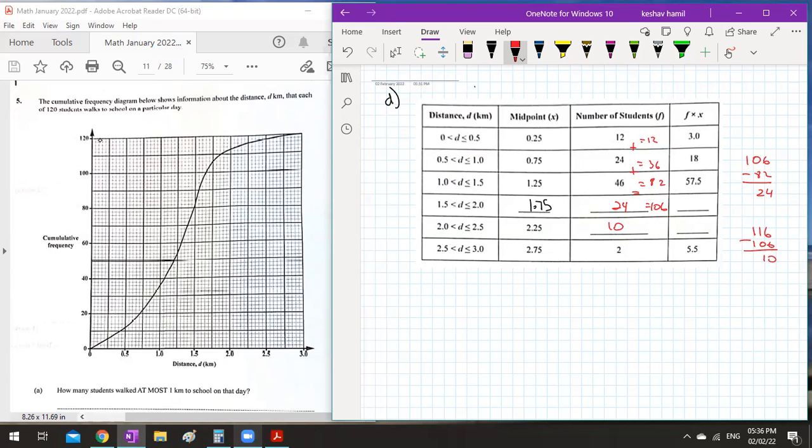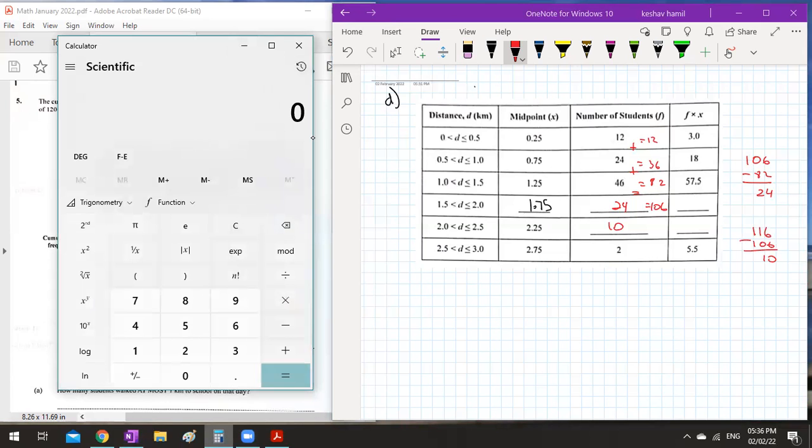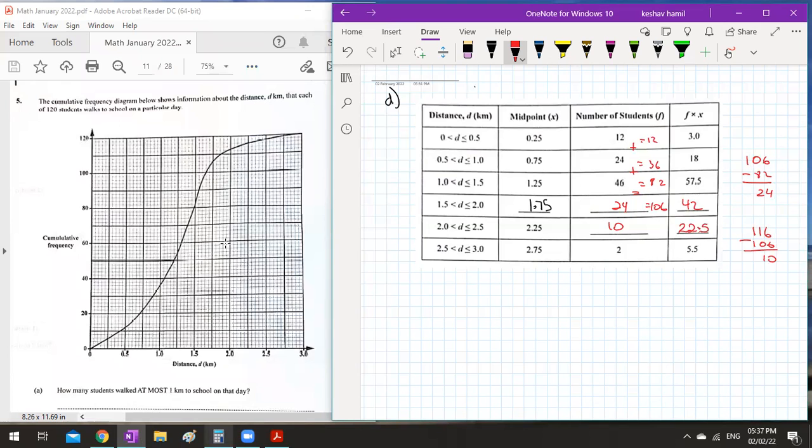Now, to finish the rest of the table, if you pay attention, you realize 2.5 is an x, and this is a frequency. 0.25 by 12 is 3. 0.75 by 24 is 18. 1.25 by 46 is 57.5. So you have to multiply the values that we just got. So 1.75 multiplied by 24. This is 42. 2.25 by 10, let's do the calculator for that to know the decimal place. So we finished filling out the table,